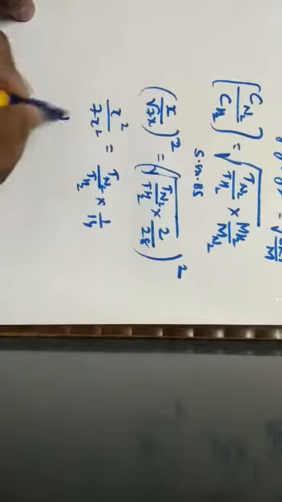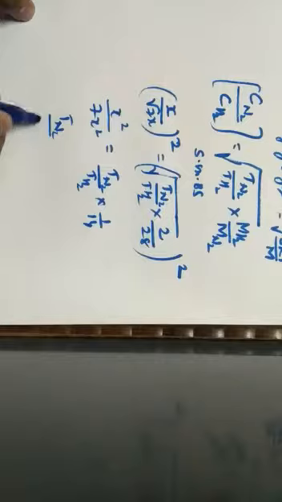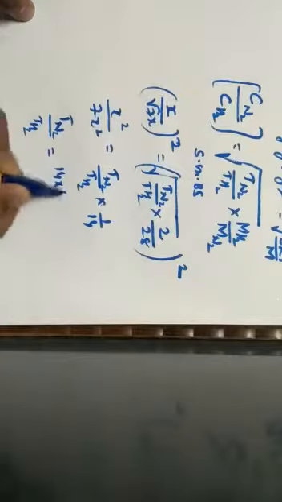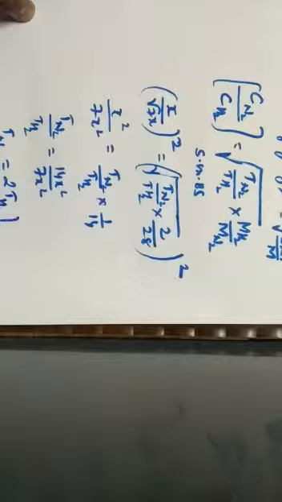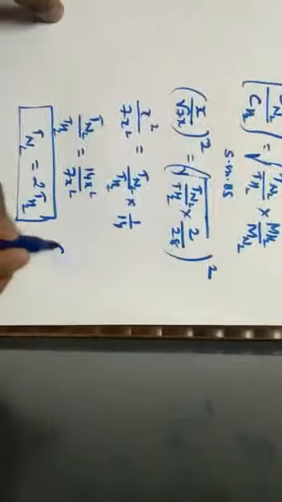So when I further simplify it, temperature with reference to nitrogen divided by temperature with reference to hydrogen is equal to 14x square divided by 7x square. Therefore T of N2 is equal to 2 times T of H2. So this is the relationship which is given by option C.